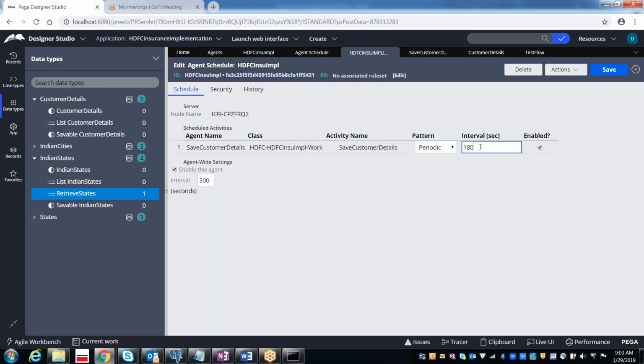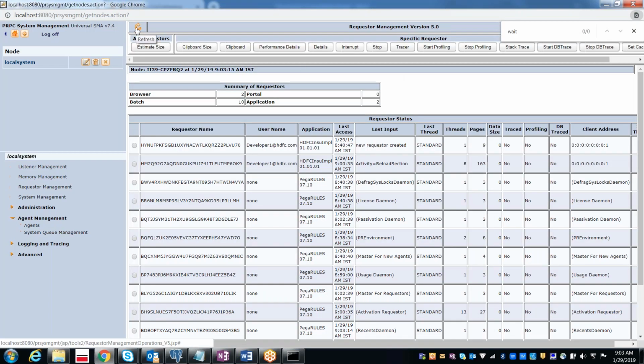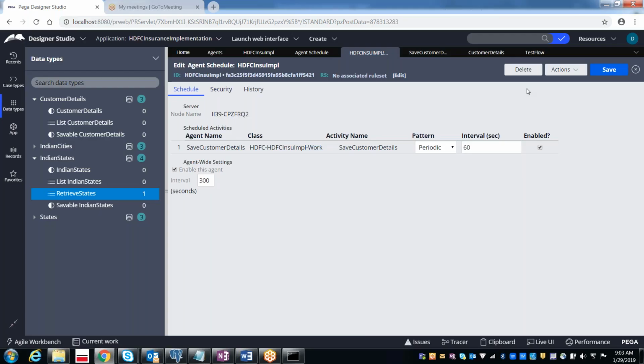In case you want to modify it, as I said, we can modify it here also, to 60. And you can even delete it to take the fresher one.